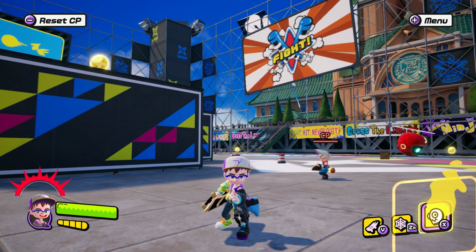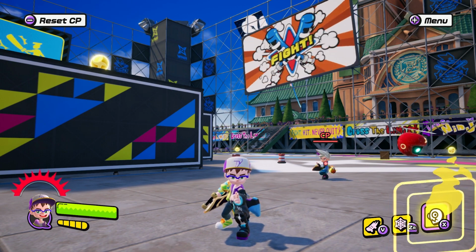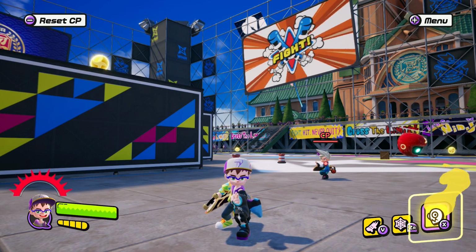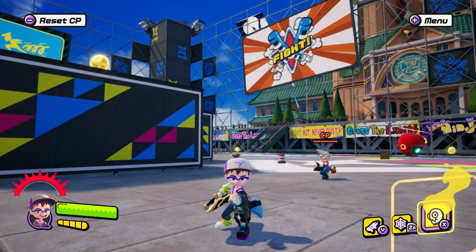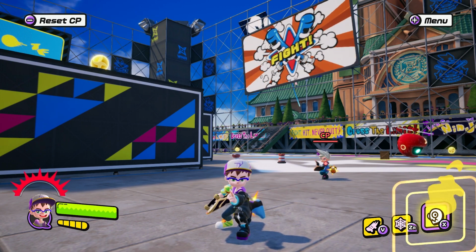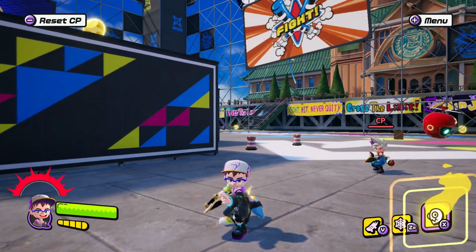Why is it called the J-Man Special? Well, when Season 2 of Ninjala launched, I always like to test the new weapons out. And this is the combo I found with the skateboards literally day one. And it is fantastic. So, I'm sure you guys want to know what the combo is, and I'm going to